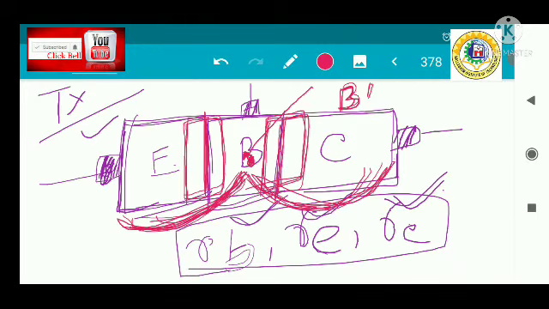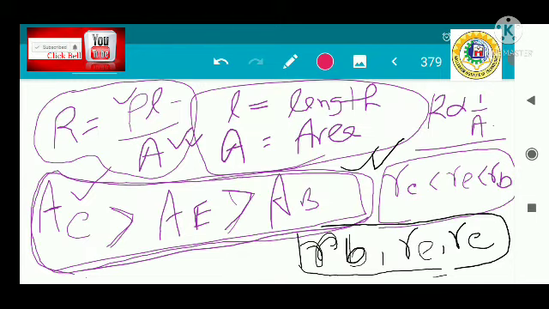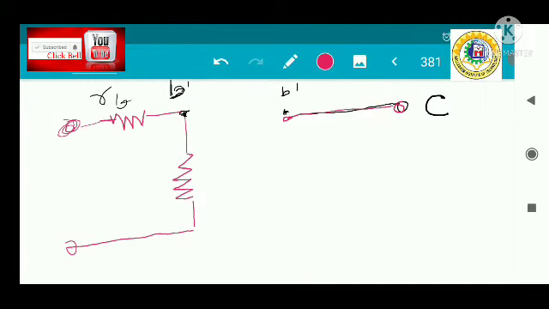This is not a user accessible terminal, it has no physical existence. We consider only this terminal to make you understand that there is a resistance between these two. So we can consider between these two and between these two. Here this resistance can be written as R pi. This can be considered as a forward bias resistance between B prime, or you may consider between the base and the emitter. So this is the common emitter configuration.